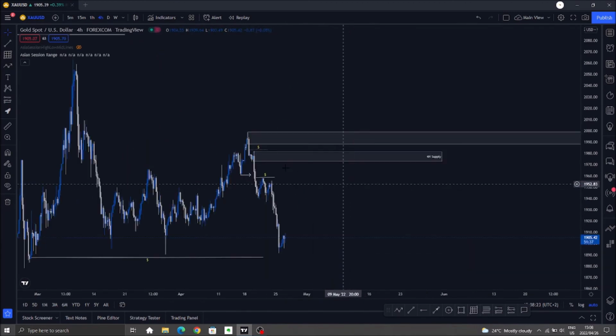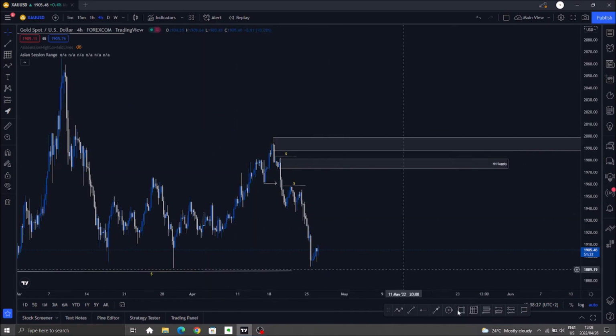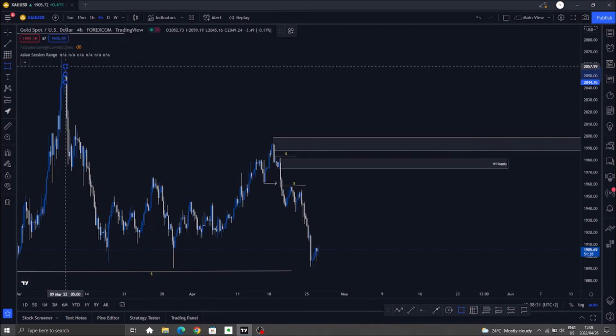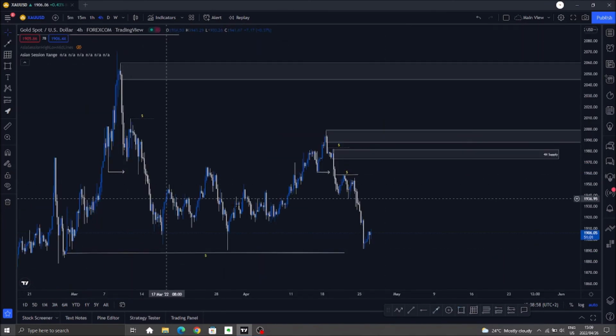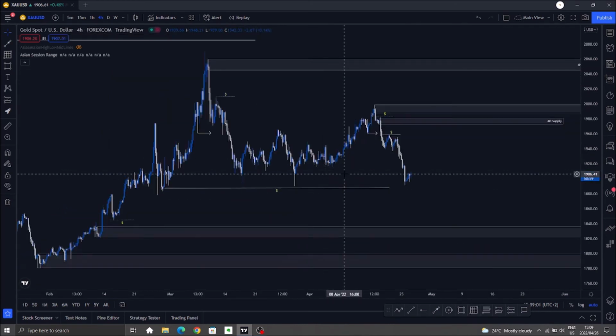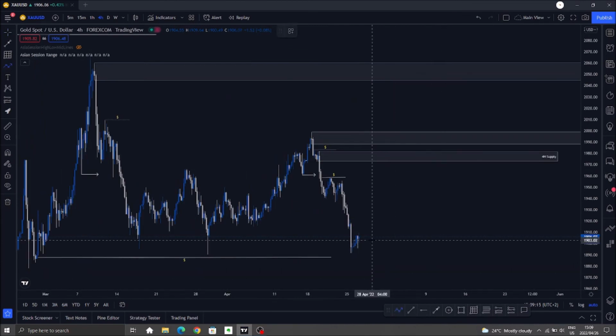One more thing, another little spanner to throw in the works, which I want to bring your attention to before we end the video, is that we've got another valid supply area all the way up here. Okay, so what am I anticipating with gold going into next month, the month of May, for the rest of the week? I want to see whether or not price action can come in to mitigate either this order block